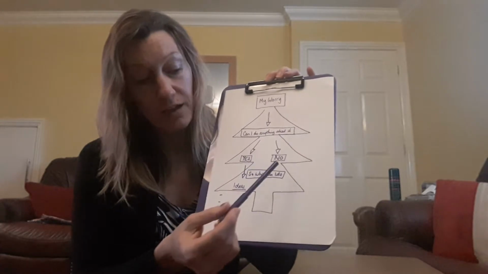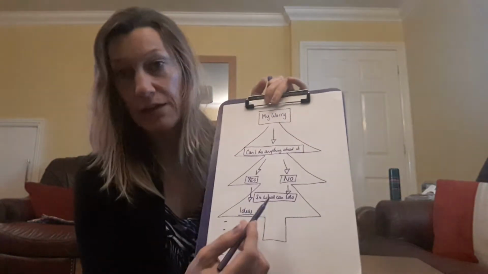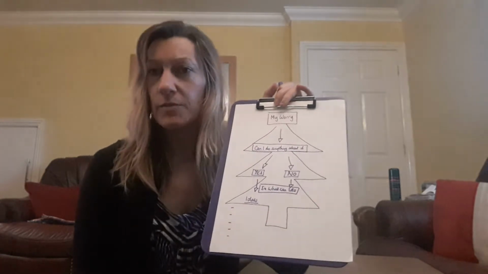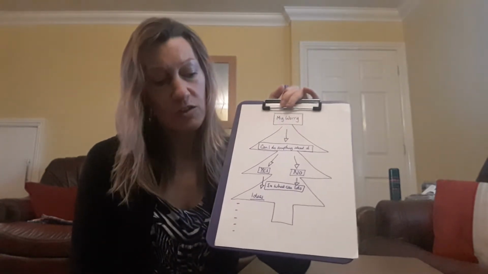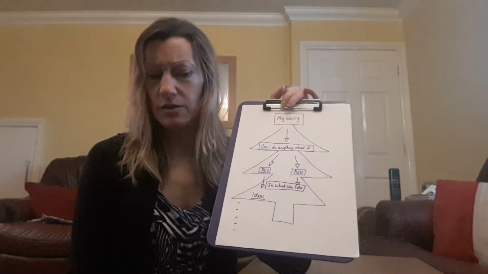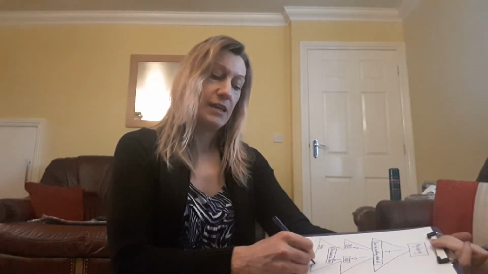Now you'll notice over here, under no, we can also arrow down to say what can I do. Now you might be thinking to yourself, that doesn't really make sense. If I can't do anything about the worry, what do you mean, so what can I do? Well, the idea here is really important. When we have a worry, and actually we can't do anything about it, it can make us feel quite negative. Sometimes we can feel quite critical of ourselves and perhaps undeserving, depending on what the worry is, because we feel out of control. We feel like we're not in charge of this thing.